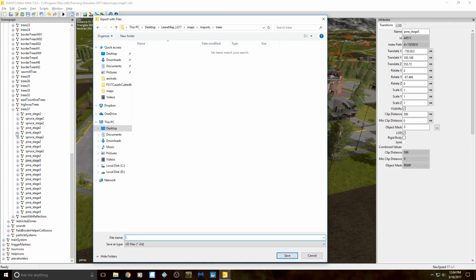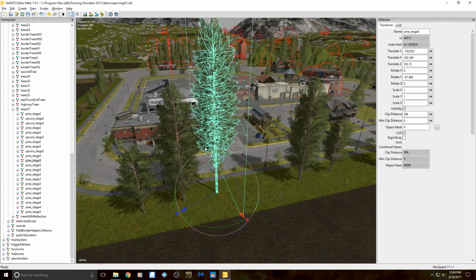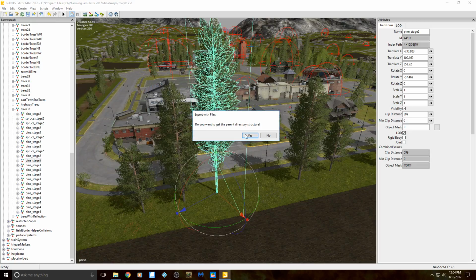And once you save it, make sure you save it exactly how you see it here, or else it might not show up. So you got to put pine and stage, and which one is it? Stage 5. So you're going to notice that a lot of stuff has capital letters. You want to write it down exactly how it is so you don't mess it up. So pine stage 5, and then click, and then you're going to get another window, export with files. Do you want to get the parent directory structure? Yes, because this is all this. Oh, I can't open it, but it's all the other things that in it. So just go ahead and click yes,